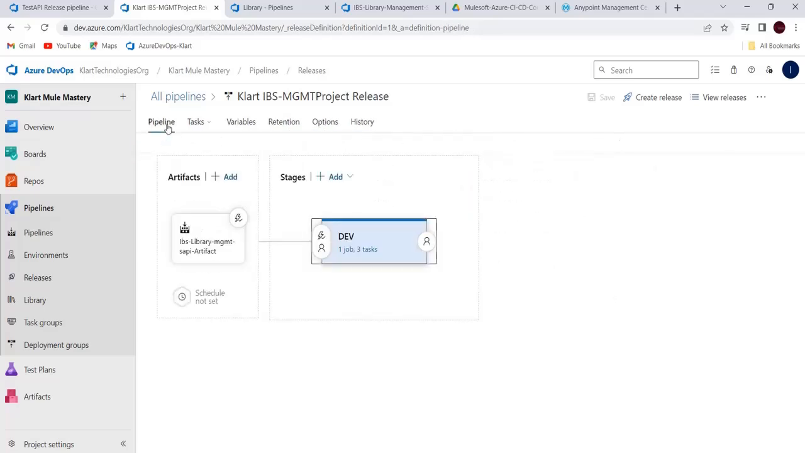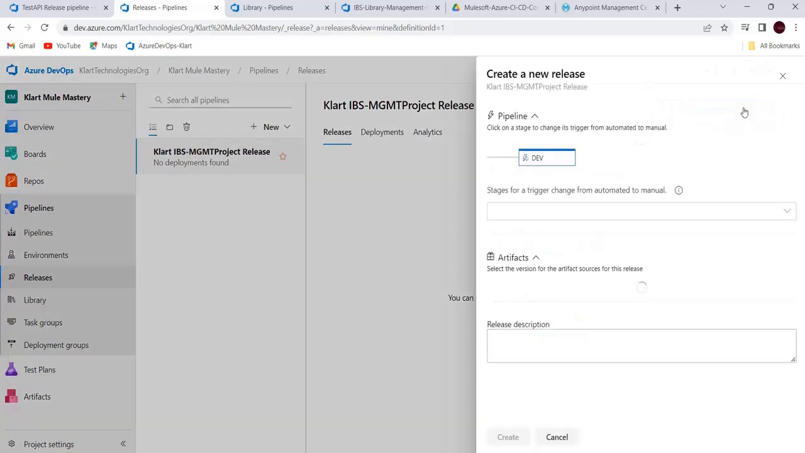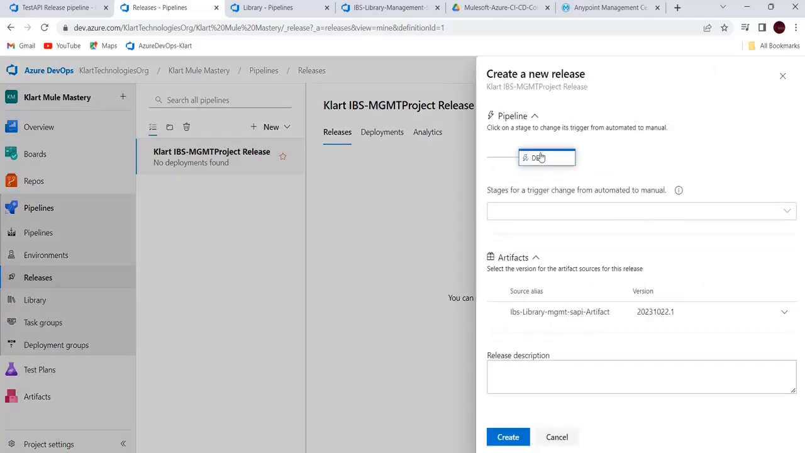I think, yeah. Let's try to run this release pipeline manually, because we have already mapped that jar file library here. Whatever jar file is available as of now, it will pick it and should deploy it into CloudHub. That is the expectation. Let's see. Go to the release pipeline and click on create release. It will ask which stage you need to run,